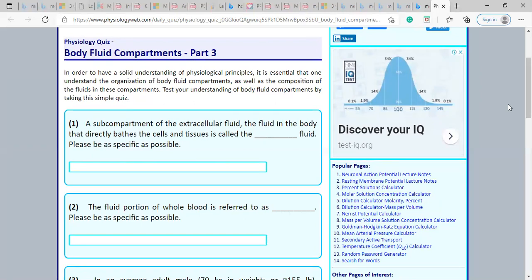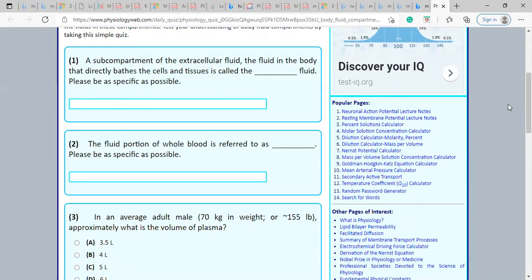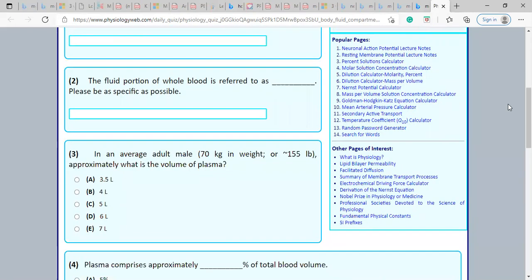Second question. The fluid portion of whole blood is referred to as dash. Plasma. Okay. In an average adult male, 70 kilogram in weight, what is the volume of plasma? 3.5 liters. Are you sure? It's 3.5. Okay, but